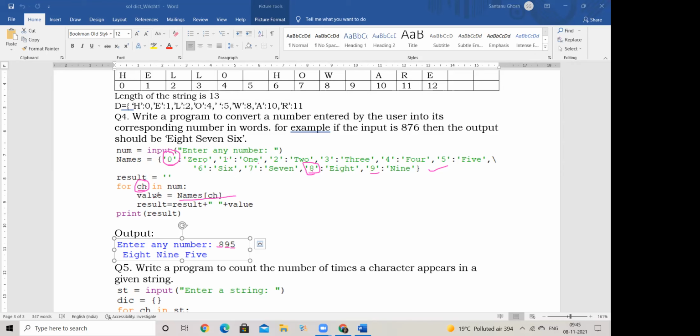Now here what we have done is we could have directly printed that also, but what we have done is we have tried to create a string concatenating every number name. We created a final string, otherwise you could have directly printed also. But then you would never be able to store that.